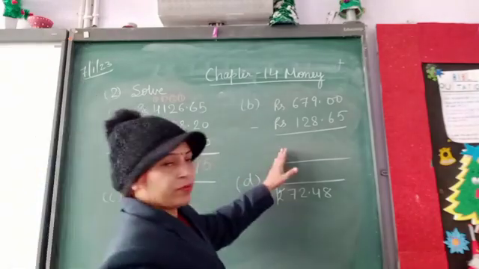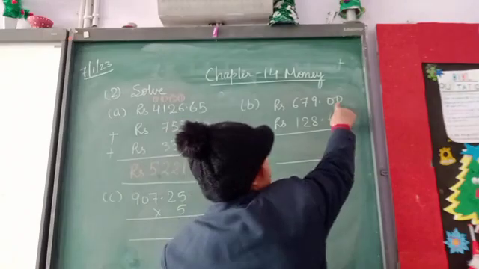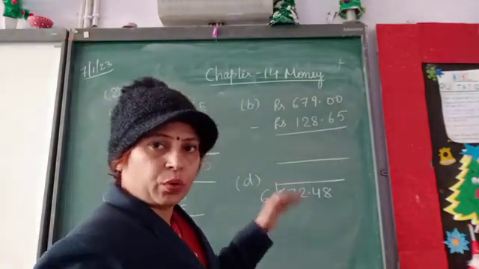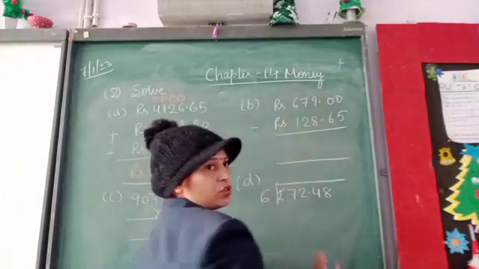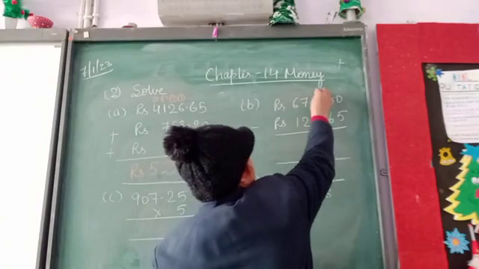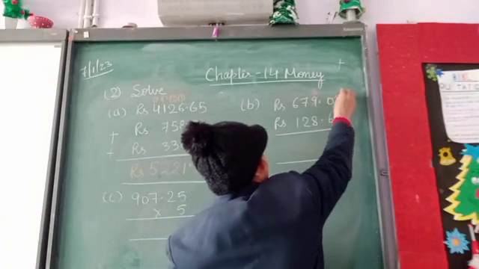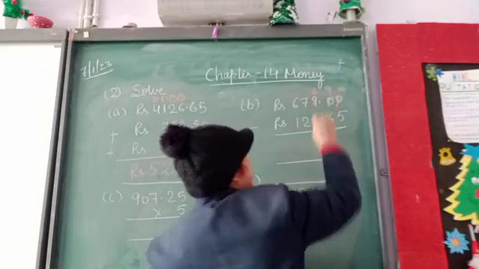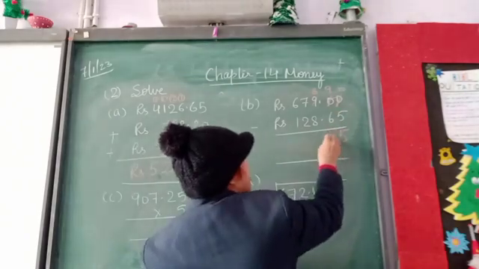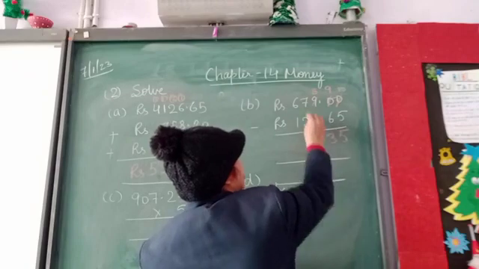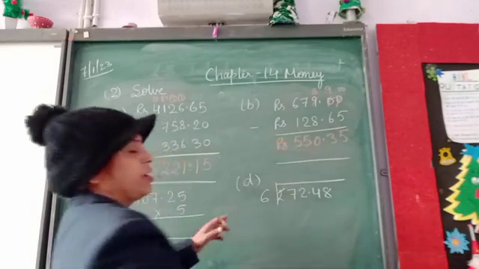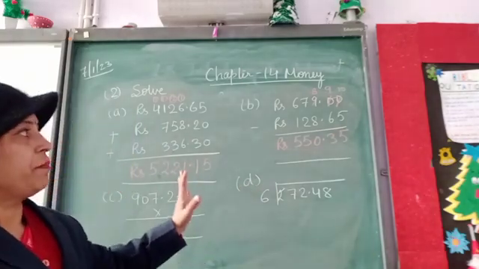The same way you have to do subtraction. As 0 is given there and 5 is a smaller number, you cannot subtract from it, so you will borrow. Now the neighbor number is also 0, so from there also you cannot take, so take the borrow from here. So it will be decreased by 1, and here it will become 10 and here it will become 9. Now 10 minus 5 is 5, 9 minus 6 is 3, 8 minus 8 is 0, 7 minus 2 is 5, and this is 5. So your answer is 550 rupees 35 paisa.